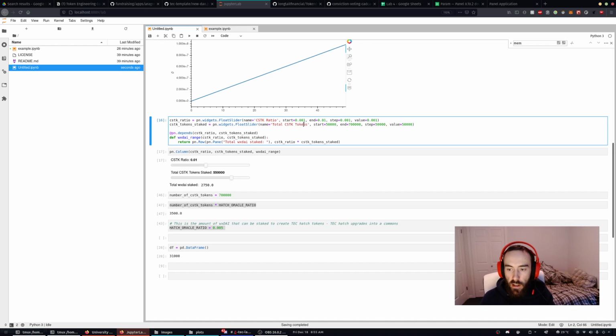Yeah, but not all of them will, right? There'll be some distribution of people. Yeah, but if I have 1,000 C-stack tokens, maybe I'll only put in 5 wrapped xDAI. So I'm really staking the wrapped xDAI. My max limit I could stake is determined by C-stack tokens, but